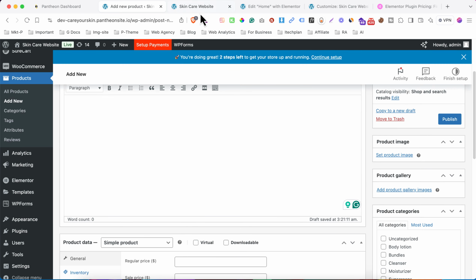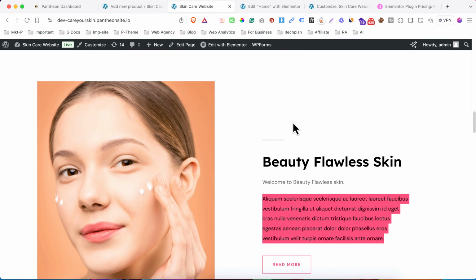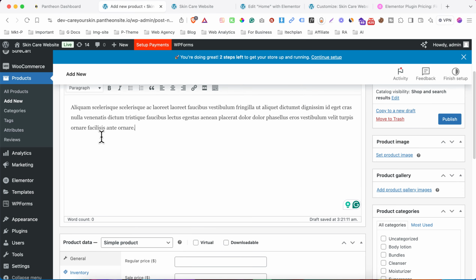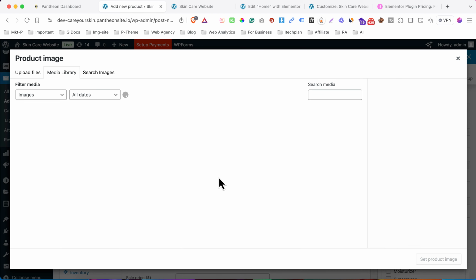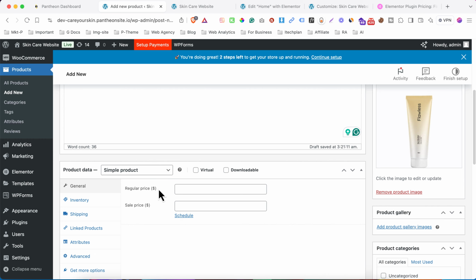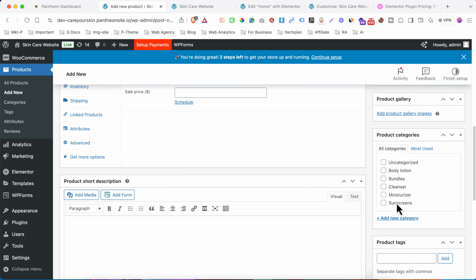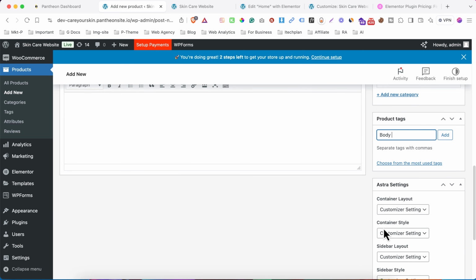Here should be the product description. Let's copy a description text and select a product image like this one. Simply set the product's price, here the simple product price should be like 49. You can add product categories and a product tag option here, body